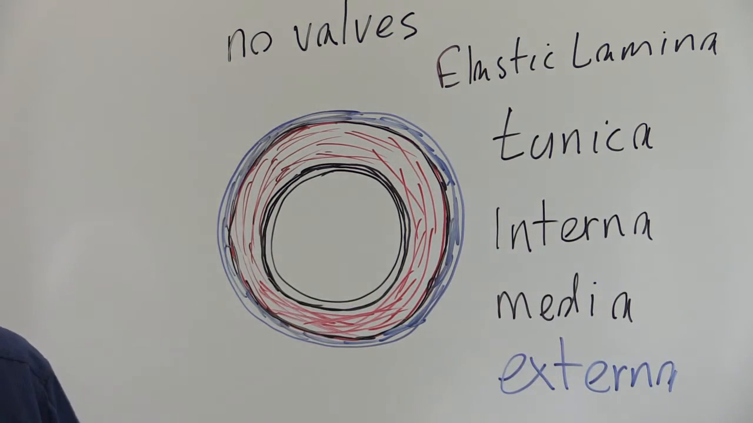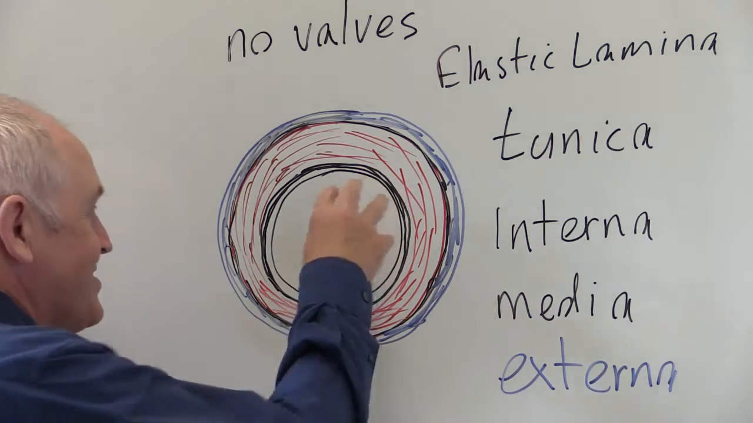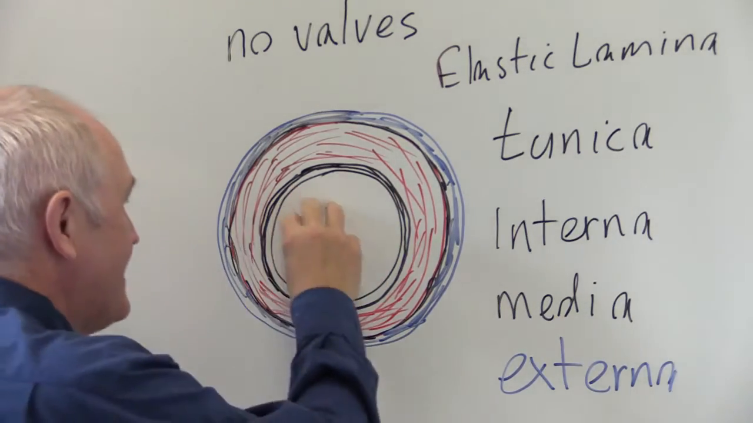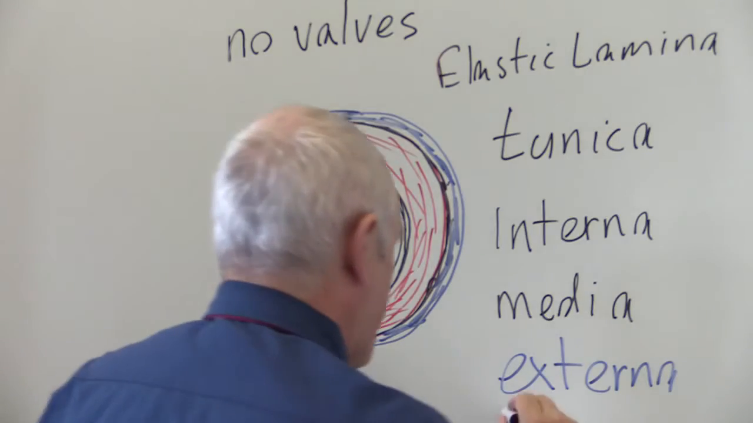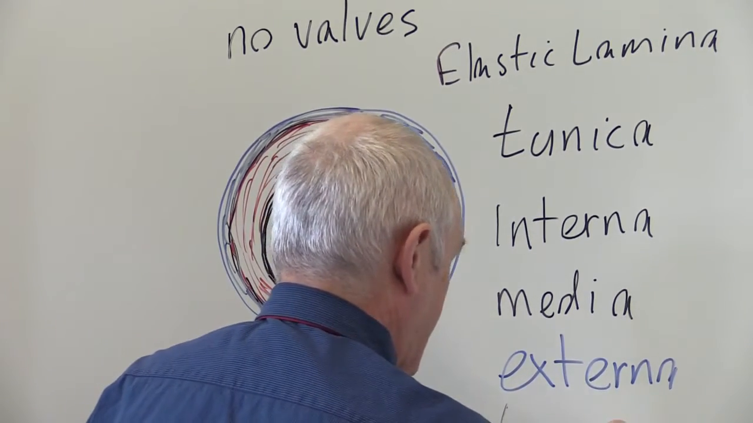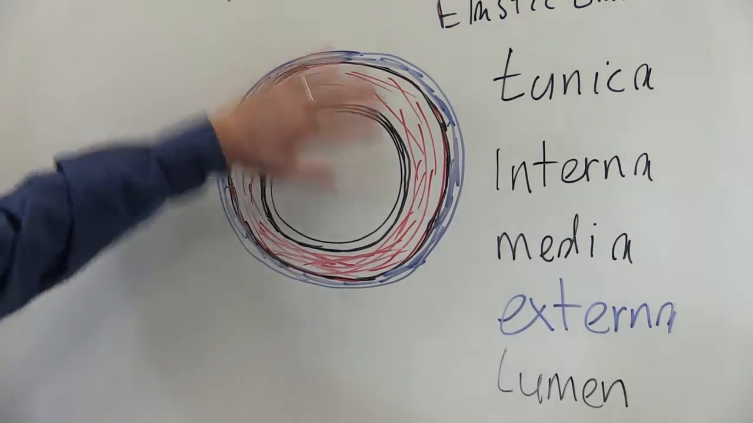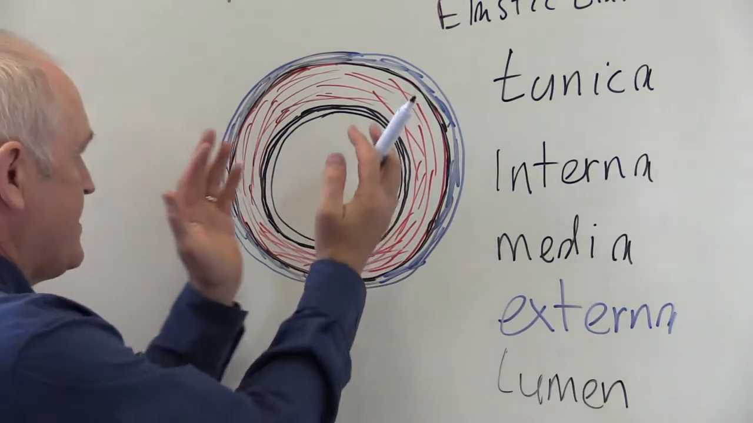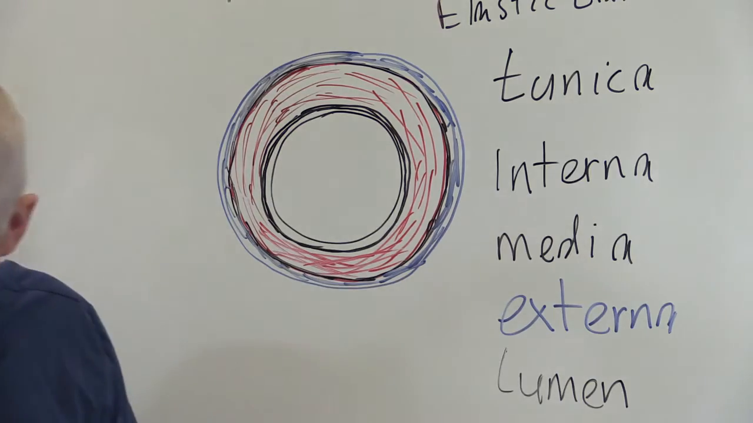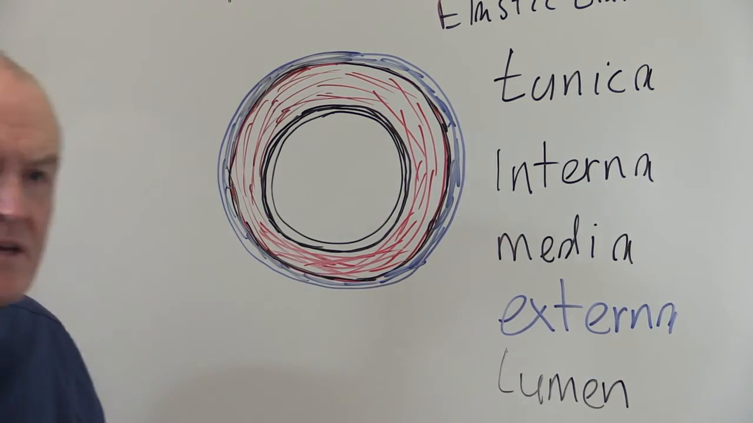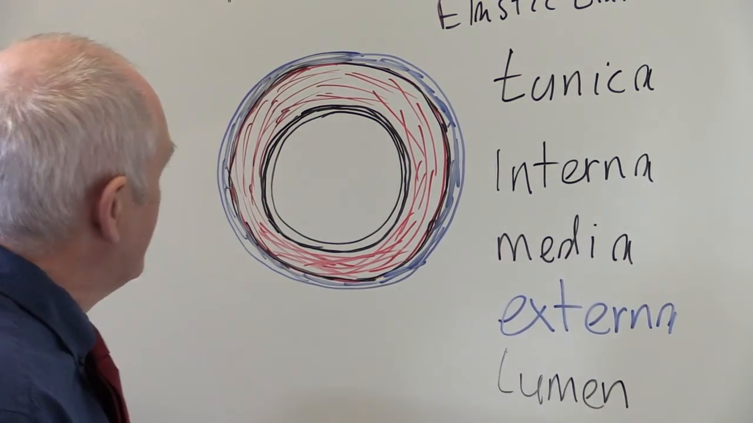And of course the whole point of the artery is to have this hole down the middle, and this is the lumen. The lumen is the hole down the middle. So that is the cross section of the artery. The whole point is to have this lumen down the middle. Now the larger arteries are sometimes called elastic